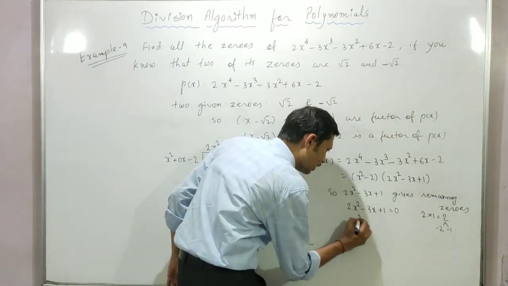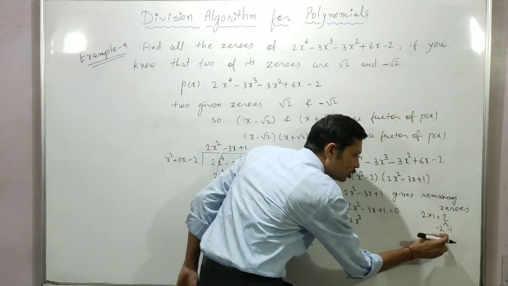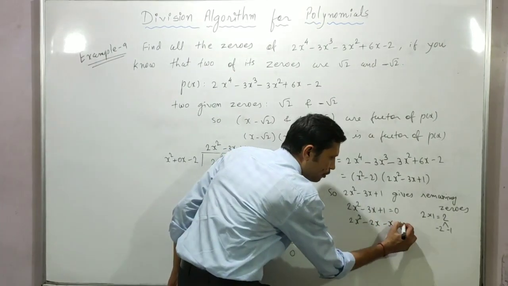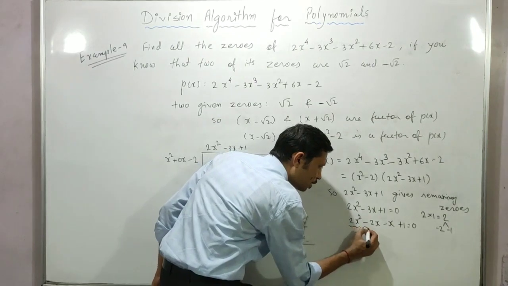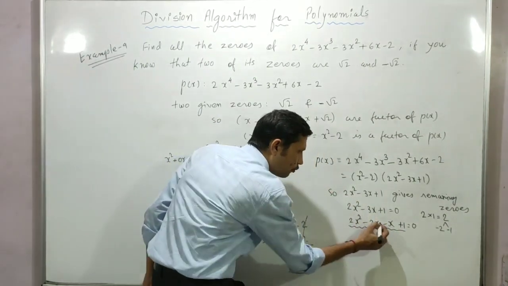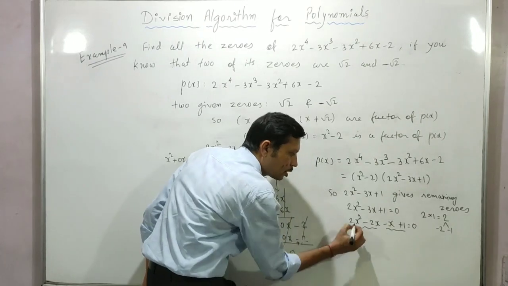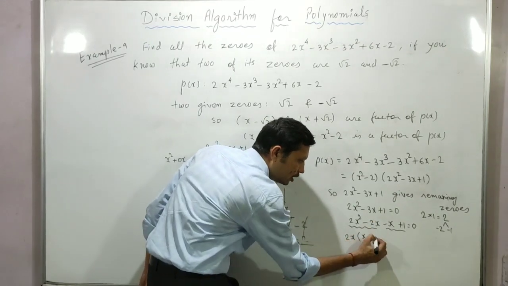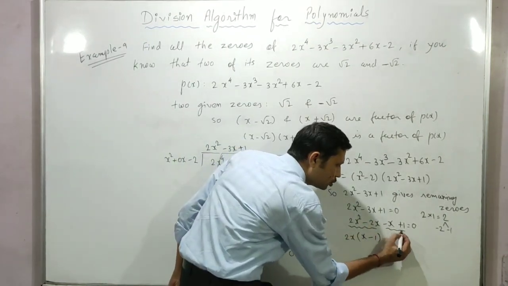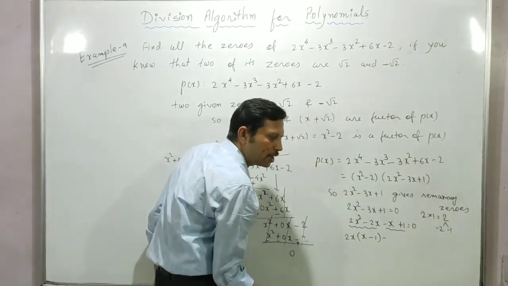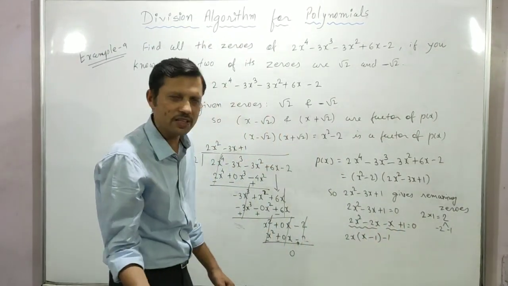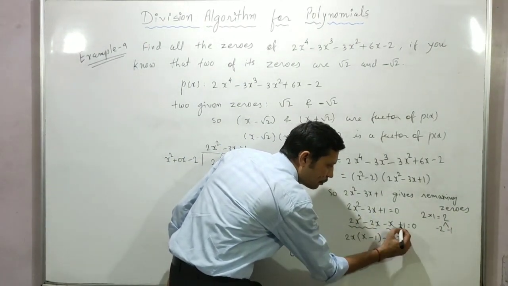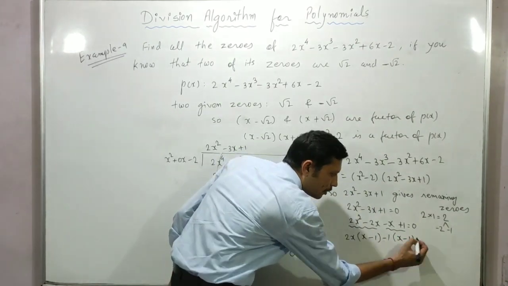So in 2x square, in the place of minus 3x, I will write down the two splitting terms. One is minus 2x, another one is minus 1x. And plus 1, the last term, is as it is. Now make the first two terms a group, and the second two terms. From the first two terms I can take 2x common. So what is left from the first term? x. Minus 2x, completely we took common, so nothing left, so 1. Now in the rest of the two terms, the first term is negative, obviously we have to take minus common, and nothing else is common, so 1 is always a factor for every term. Now x, this minus becomes plus and plus becomes minus because we took minus common.